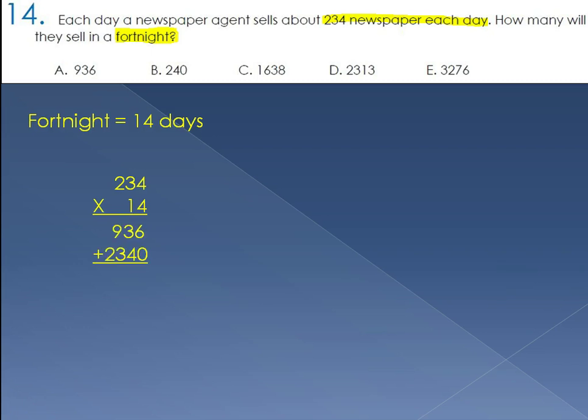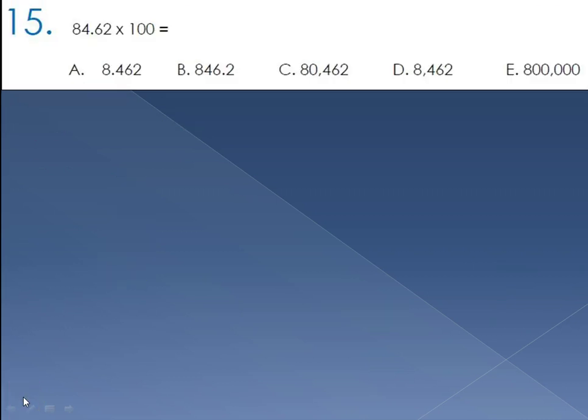234 times 14, 936, then also 234 because it's long multiplication. The answer with long multiplication times it by 14 is 3276. Okay, the next one,